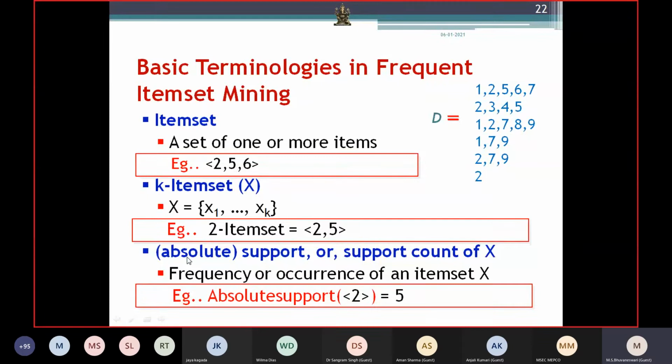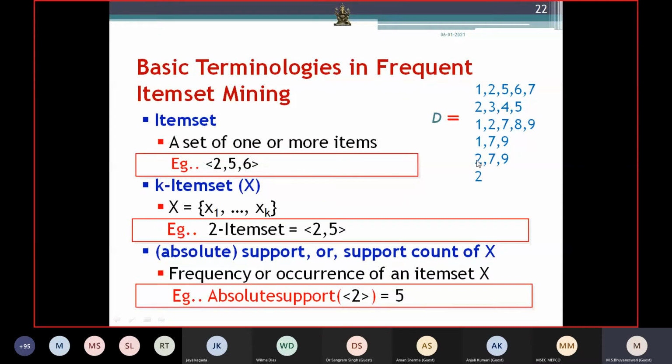What is absolute support? Another one is relative support. Absolute support deals with the frequency. Suppose you see here, the absolute support of 2: simply we take individual transactions and count it. It is in 1, 2, 3, not in 4, then 4, 5.